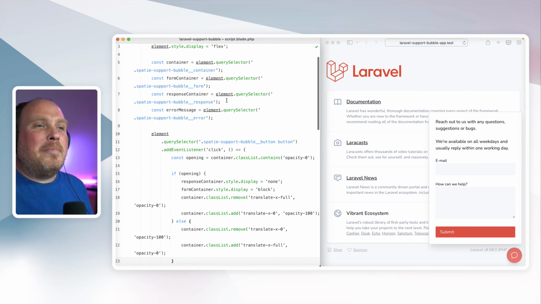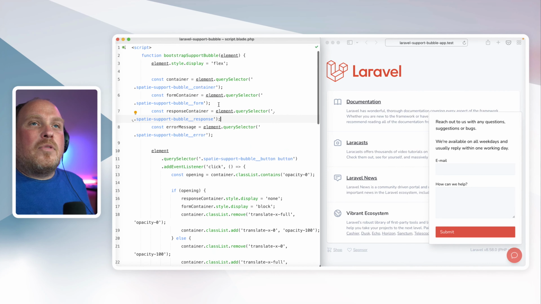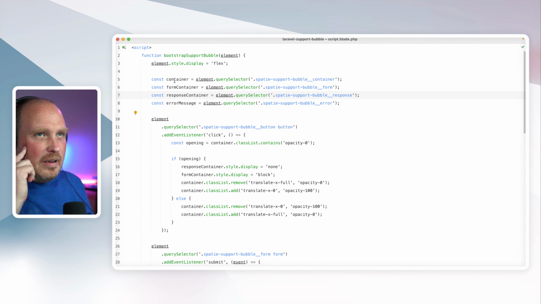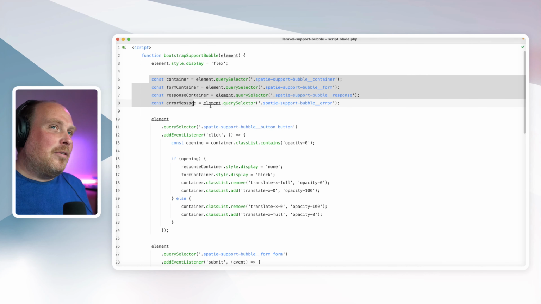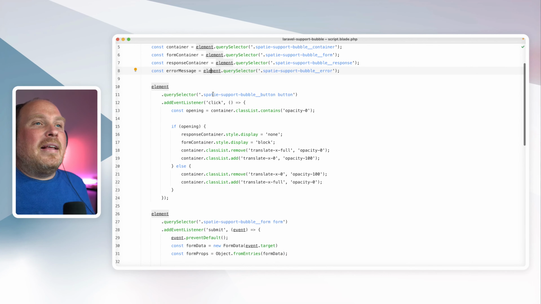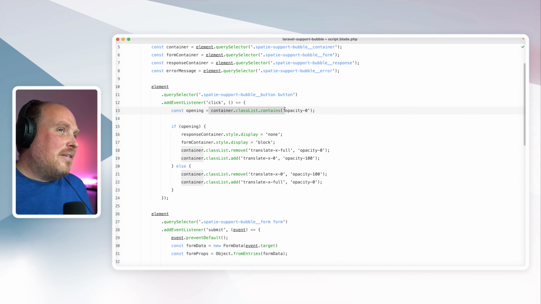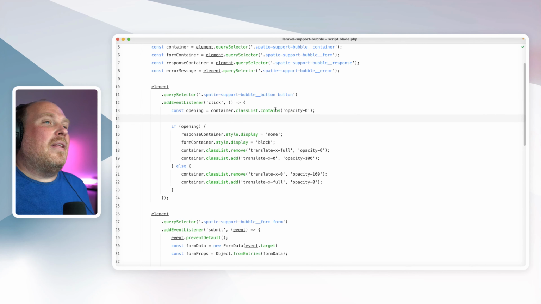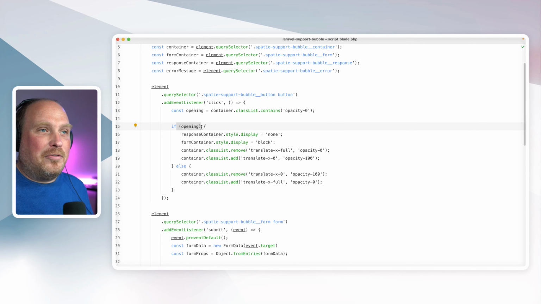Let's go to the script here. So here in the JavaScript file, we set a couple of variables. We just select our elements so we can easily work with them. And when we click our support bubble, and the class list contains opacity-0, so it isn't visible, then if you click it when the form isn't visible, you're actually opening the form. What we are then going to do is remove that translate-x-full property from